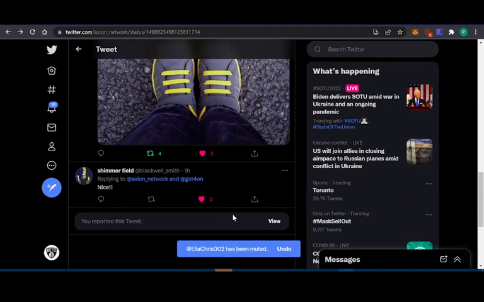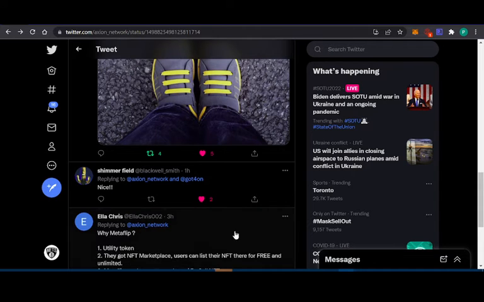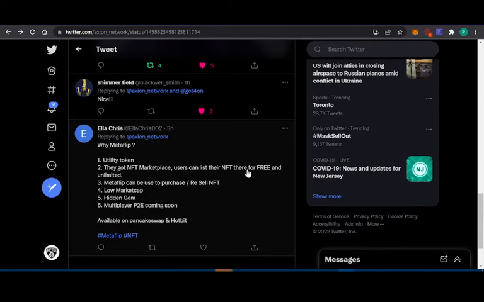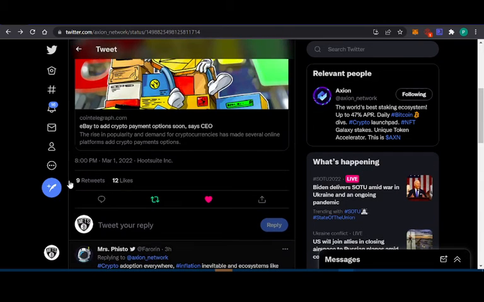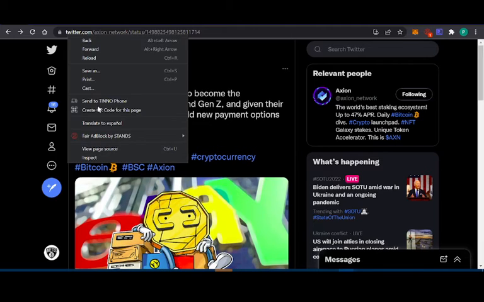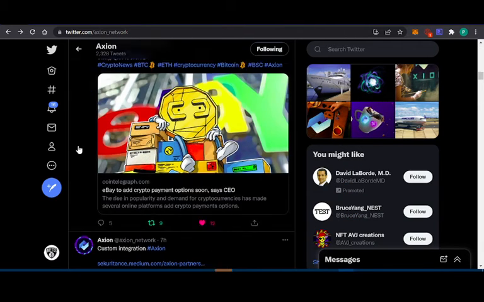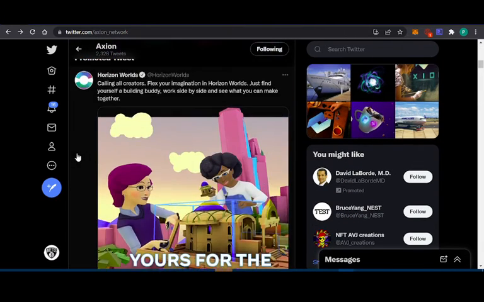So I think it takes one more person to actually confirm that for that tweet that we just saw earlier to disappear from everybody else's Twitter feed. So it won't show up in the reply section. So I'm going to click view because I already reported that. It's still there, but I guess it's going to be blocked for me further, but it probably won't be blocked for other people unless at least a second person reports that. Okay, so I showed you how to do that for 2 tweets